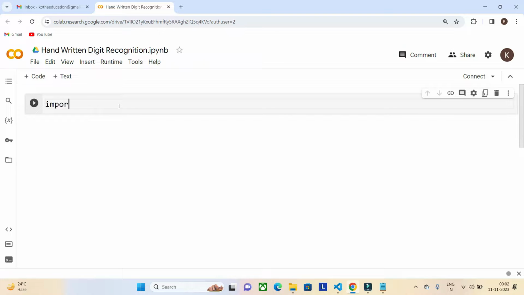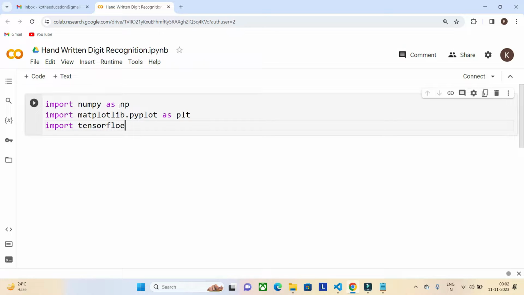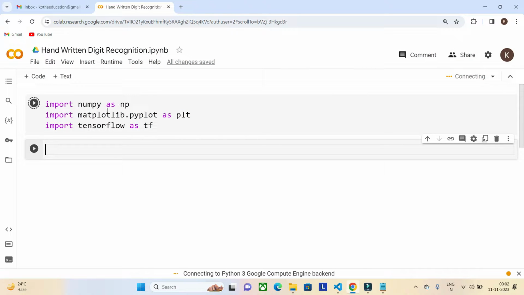Okay, import NumPy as np. So first things first, libraries, import matplotlib dot pyplot as plt, and next is TensorFlow as tf. Okay, just shift plus enter, so it will be executed.